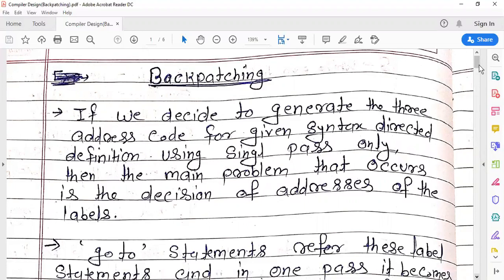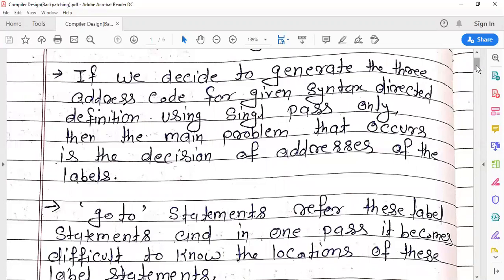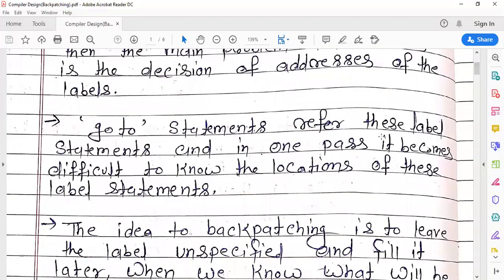Here, go to statements refer to these label statements, and in one pass it becomes difficult to know the location of these label statements. You have seen the go to statement. Go to jumps to a particular label in the earlier three address code.